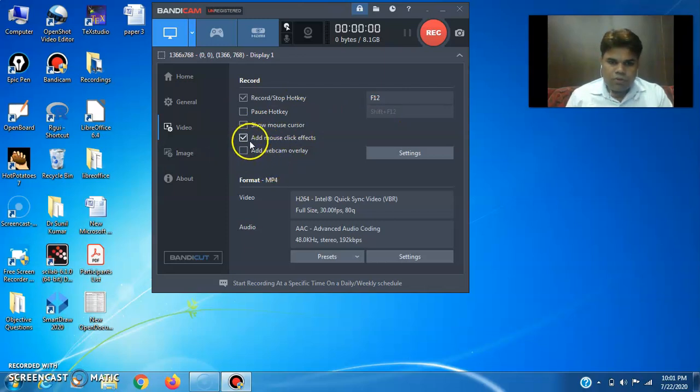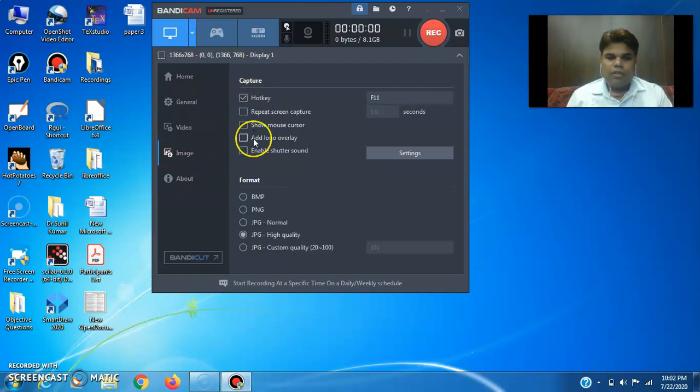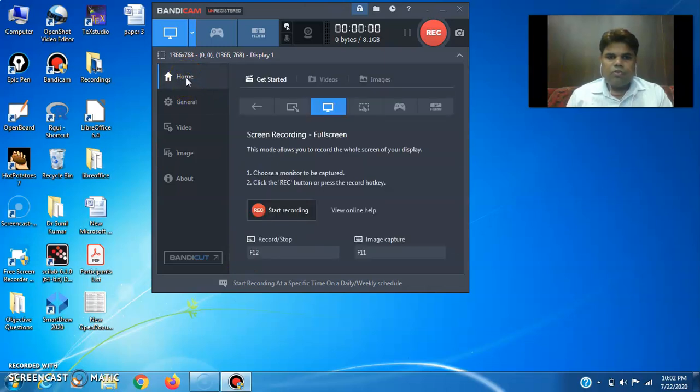Now this is the most important option, add webcam overlay. If I want to use the webcam while recording, then I have to click on this, and then this webcam icon is enabled. As my webcam is already working, you can see that through it I am recording the current video. If we don't want to record with the webcam, then we can remove this. These are some image settings, hotkey, add logo if we want to add our logo, and the format in which we want images, so we can use these options. This is not very difficult, these are very easy options. Once we use it, we will get familiar with it.